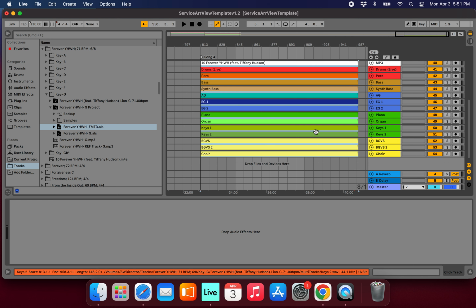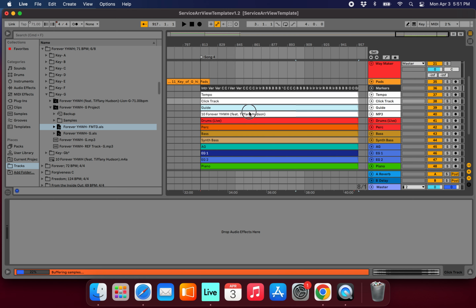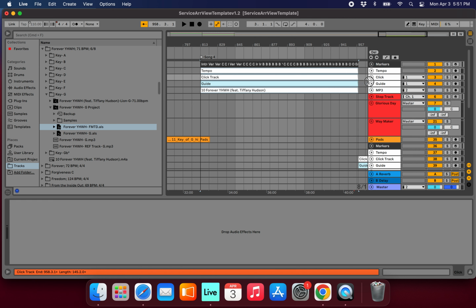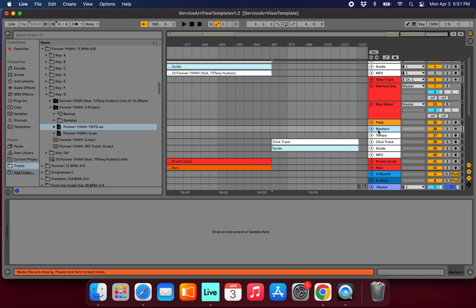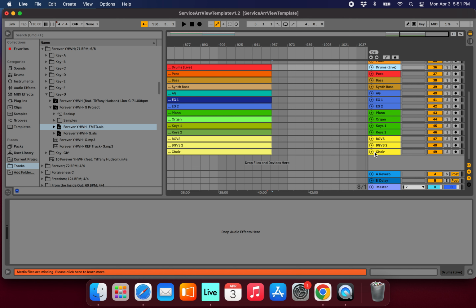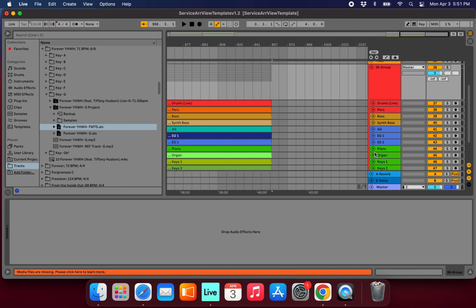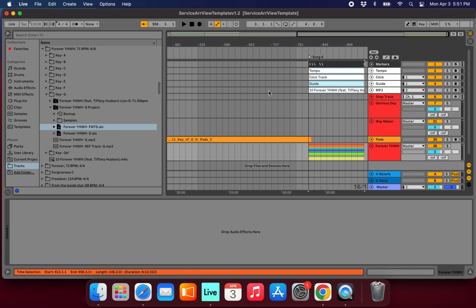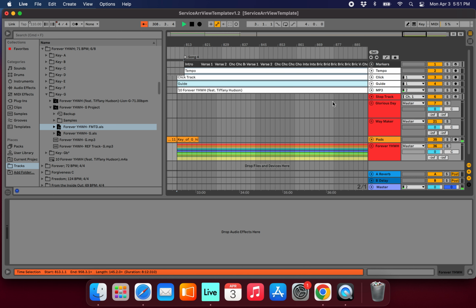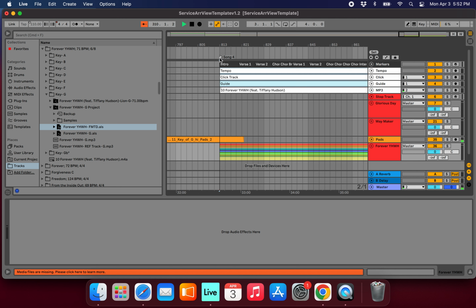and extend it out. I'm going to grab these top tracks, move it up there, make sure all of that stays put, and then delete that. Then come over here, click, shift click, Command G, create that group, and rename it Forever Yahweh. And there we go. So now if we are going along, we're in our ministry moment, and we're ready to play that next song,